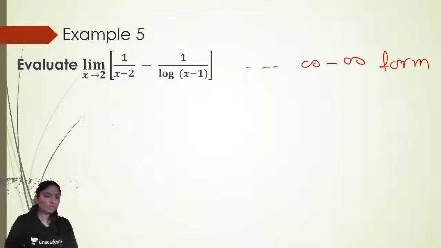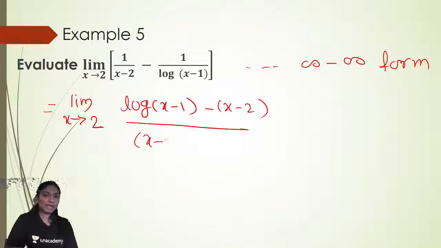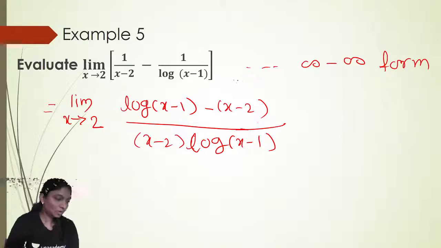Now what will we do? We will do the cross multiplication. So we get the limit as x tends to 2 of log of x minus 1 minus x minus 2, upon x minus 2 into log of x minus 1. Okay, so by L'Hospital's rule,